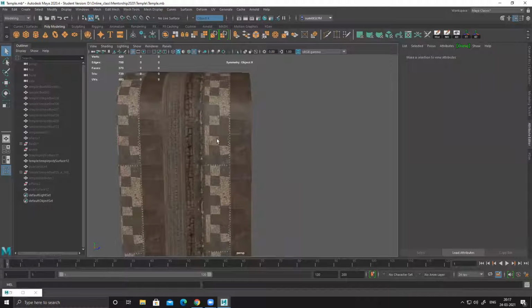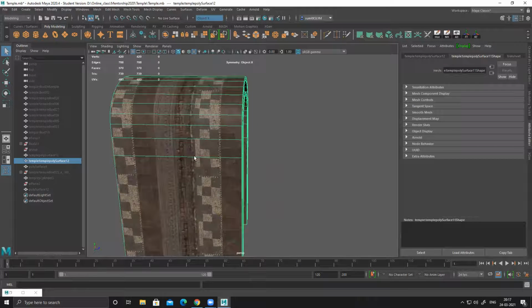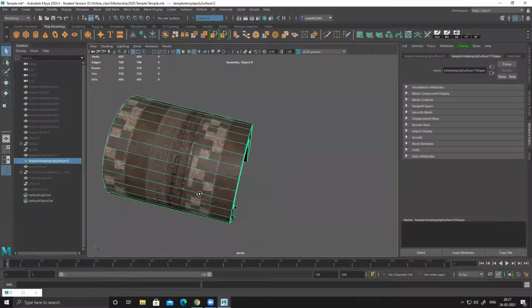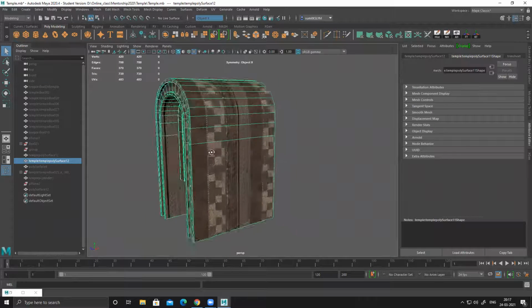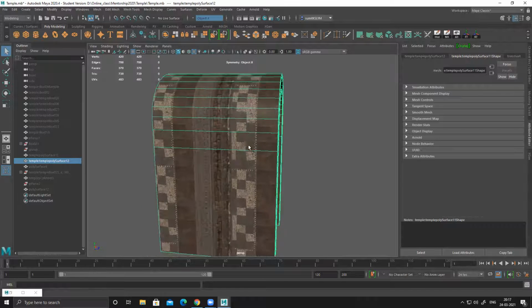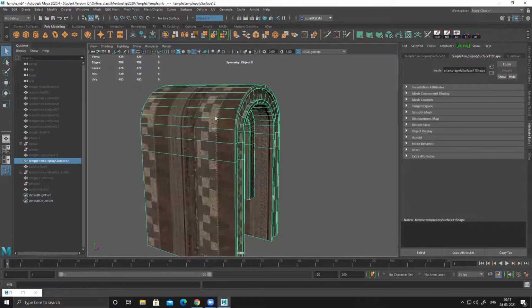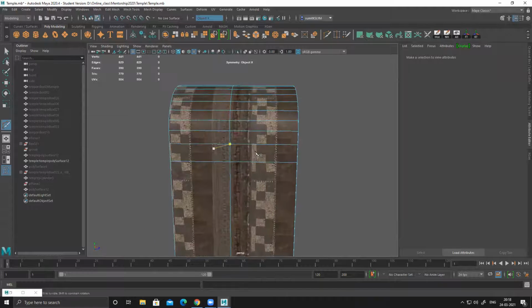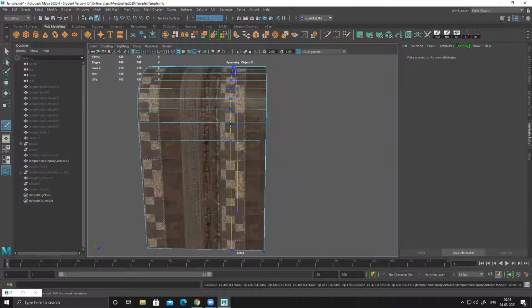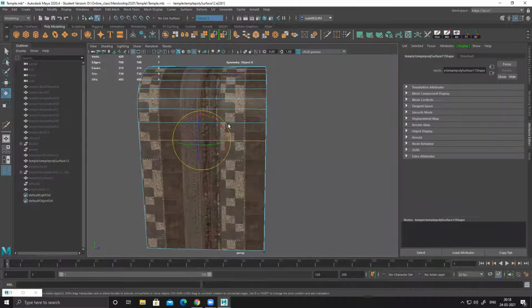But whenever you have this kind of bigger surface, you cannot do it, right? Because there's a limitation for the texture. If you tile it, it will repeat, and that doesn't look very nice. So in this case, what we do is we apply a cut, maybe one cut. Let's do it uniformly.